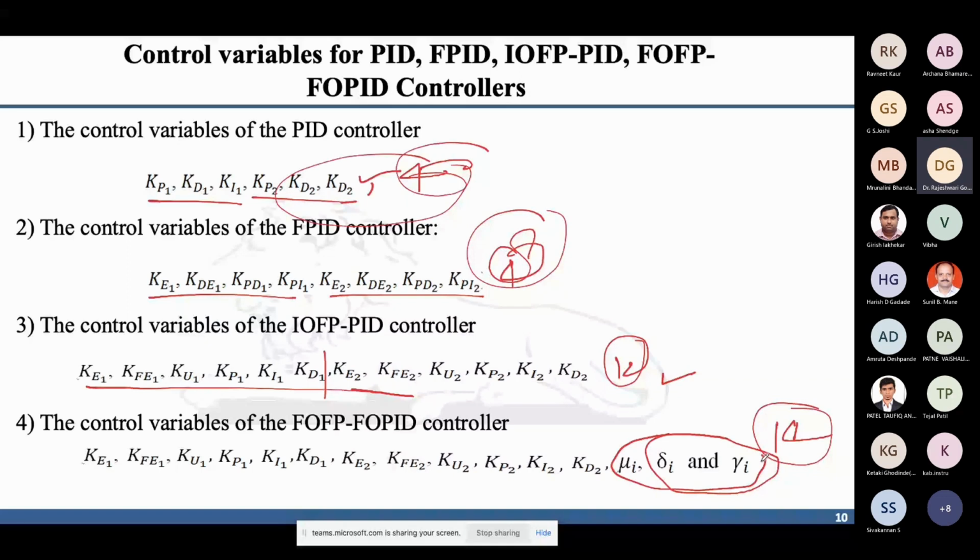And selecting the range of these values, meaning what range you are going to take, Kp 0 to 10. What about K? Again, sometimes the algorithm may stop because the range is not taken properly. So again, this is a hit and trial process, and finally we are getting the output, right?